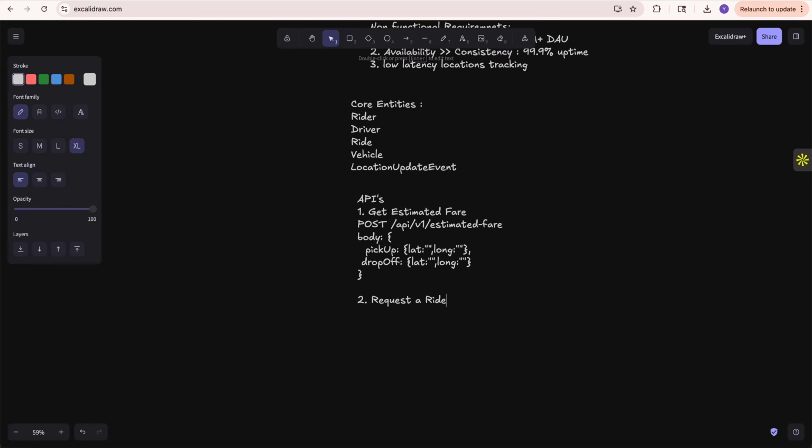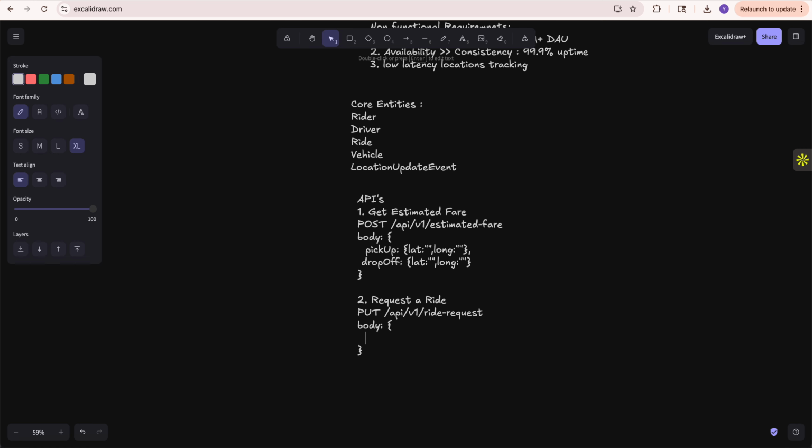So the next thing will be request a ride. Whenever a user requests a ride, we will try to update the same thing that we created in our post request. So this will be a fetch or a put request. Again, we will follow the same method of versioning. So request, we can say, is a write request API. You might be considering why I am not passing